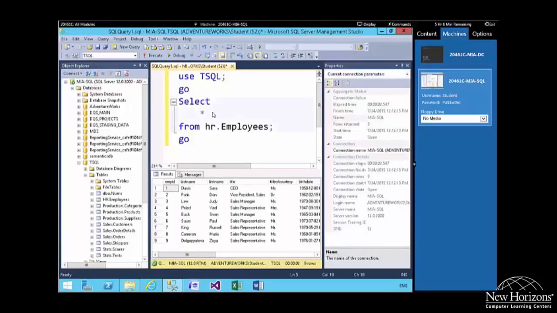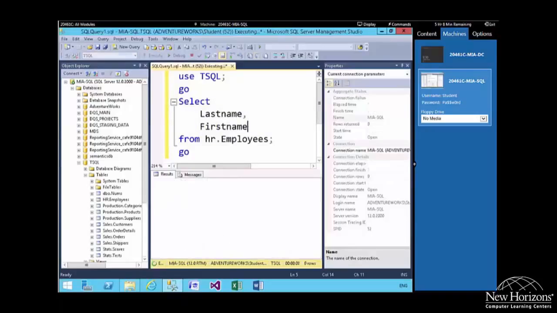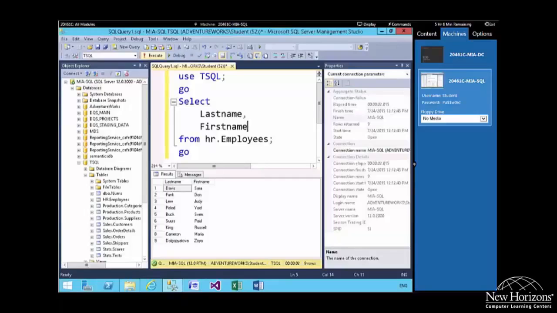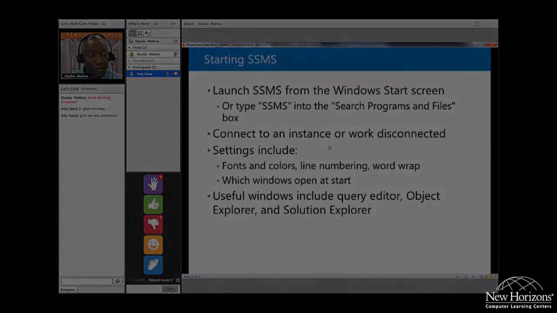Now I'm going to take over and show you how we could actually request a single column if we wanted. We'll just go ahead and request 2. So I typed in last name, first name for you, but I want you to go ahead and execute it. So click execute if you will. And notice it only returns last name, first name. We're going to continue looking at